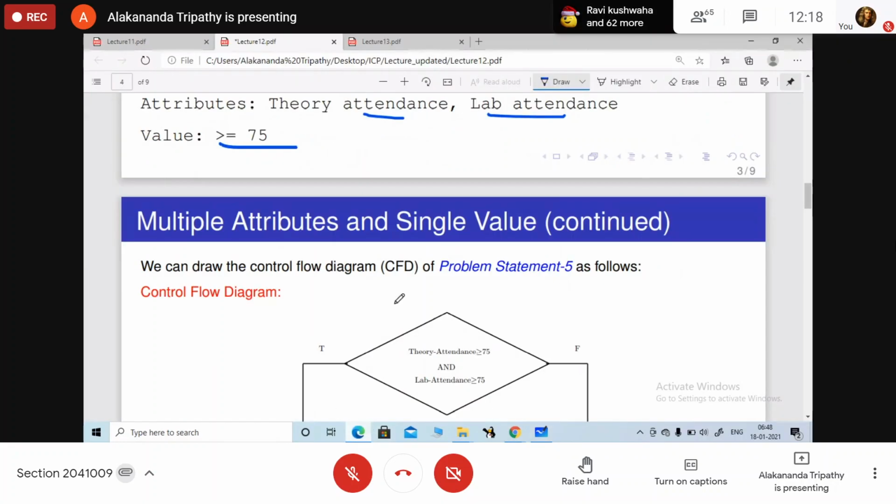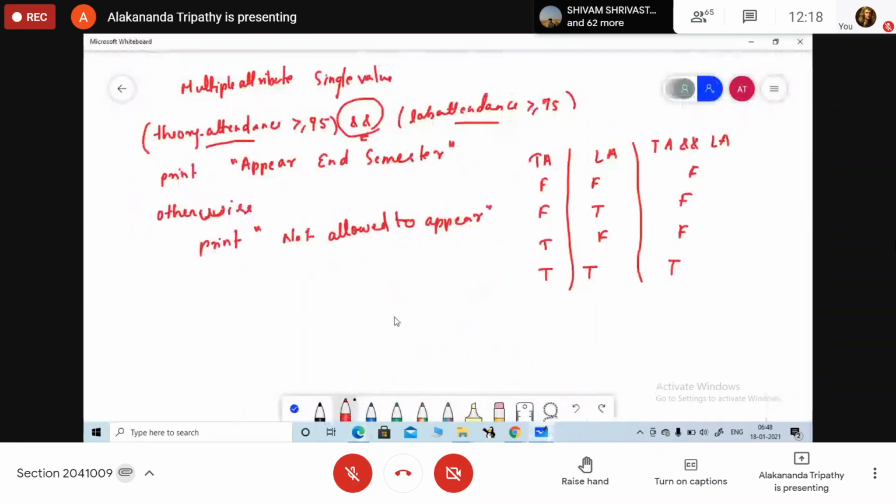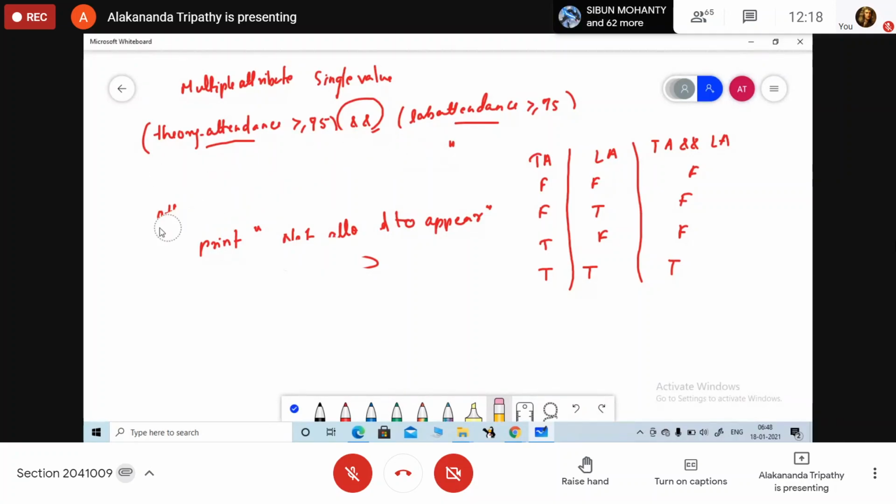So now here we are going to draw the control flow diagram. So what will be the control flow diagram here? Here I am just erasing this part. Just a minute.